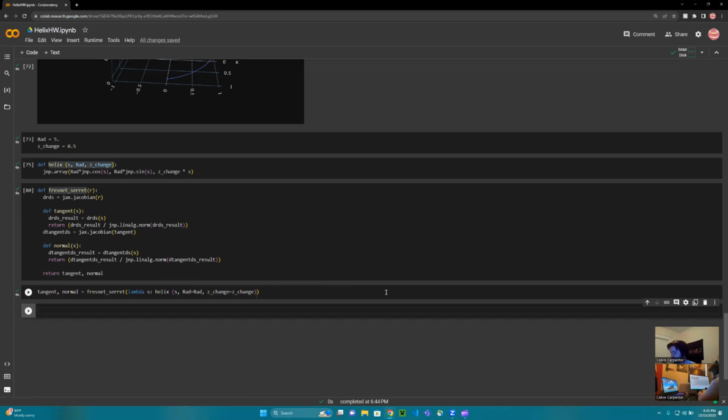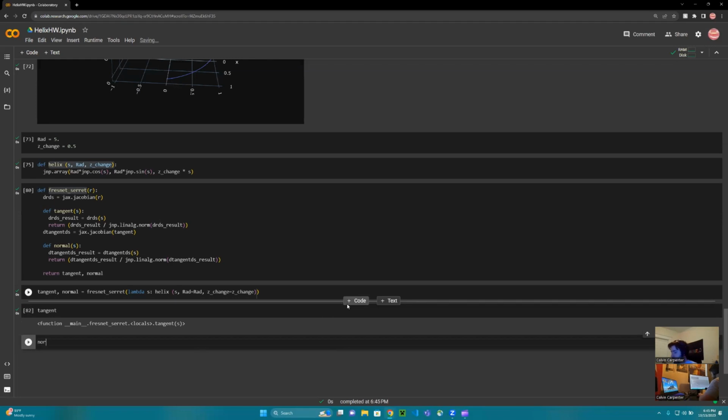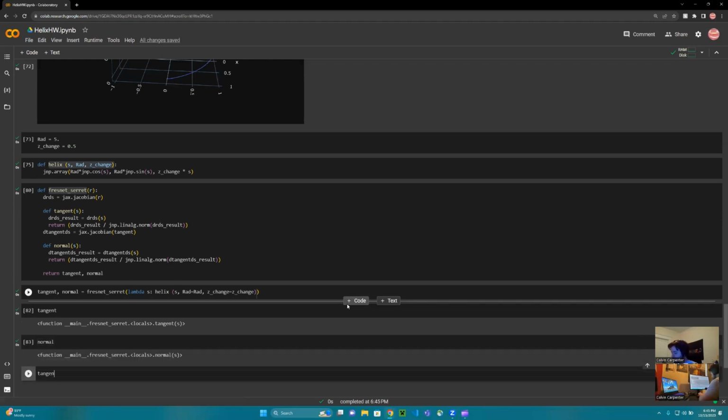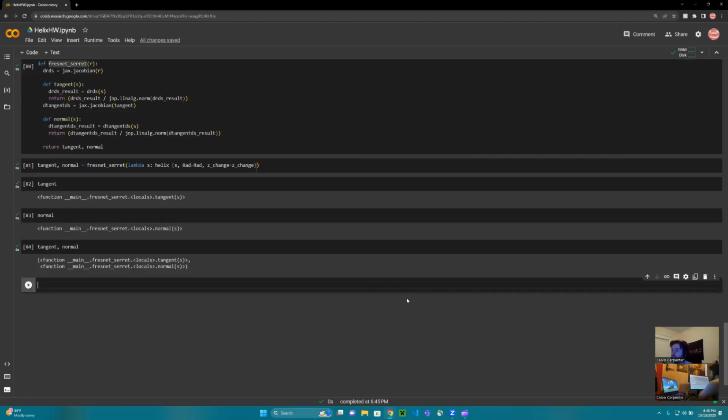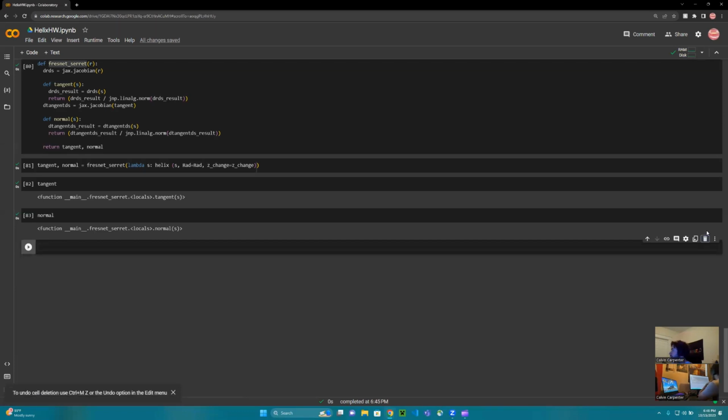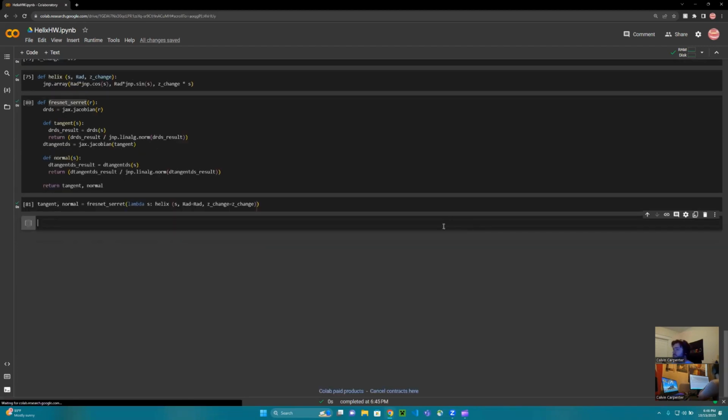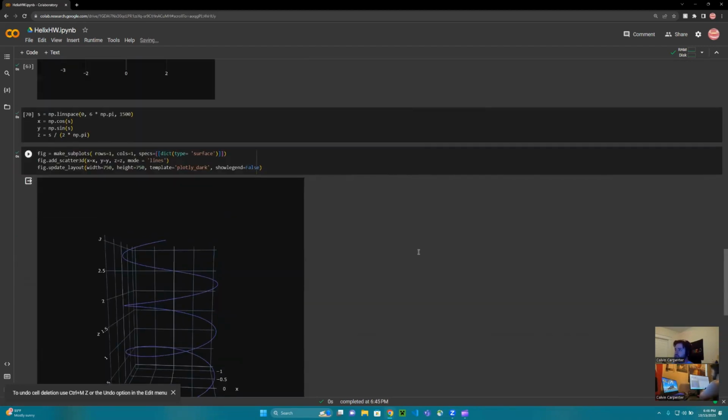Cool. Now if we just return tangent or normal, you can see that the tangent and the normal are defined as Frenet-Serret equations. So we have a function inside of an output here. So that is all the deliverables for part A,